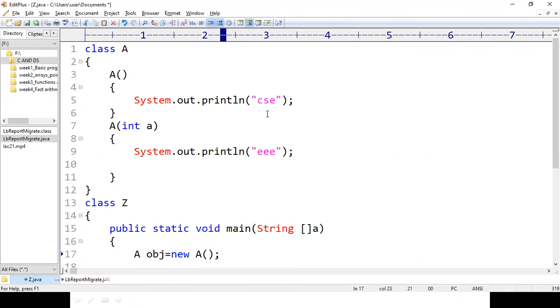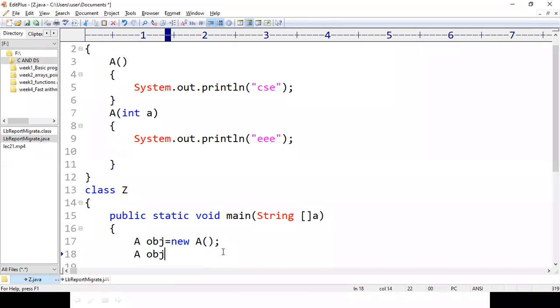So now I want to execute both these constructors, or I want to print CSC and triply on the output screen by just creating one object. If I have created another object, for example, obj1 equal to new A of some integer value 10, then here I have created two objects.